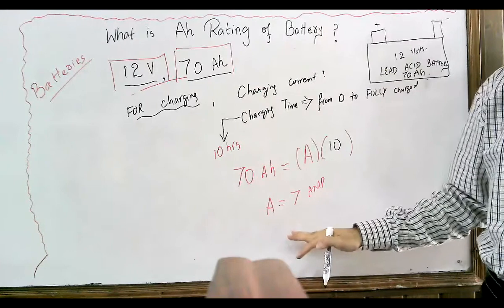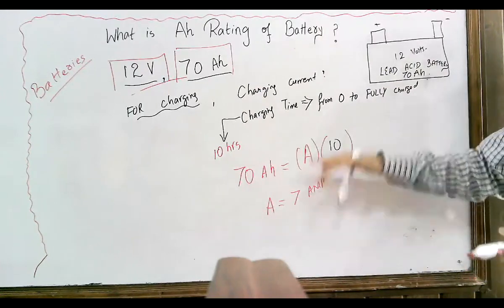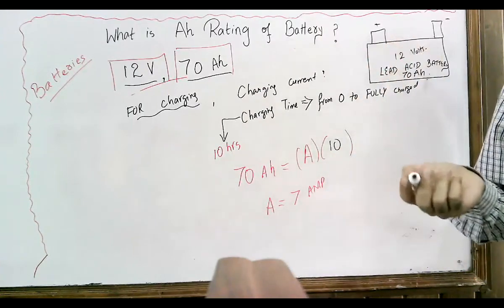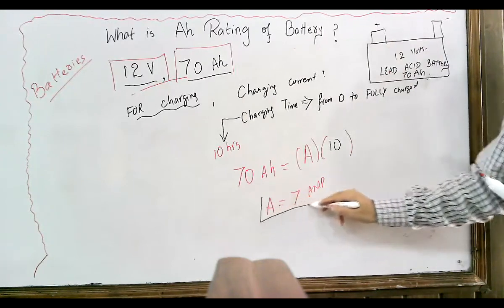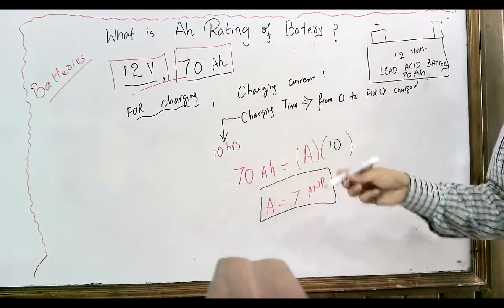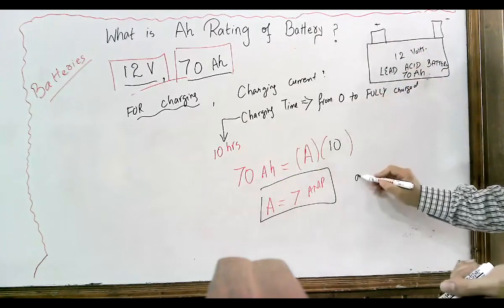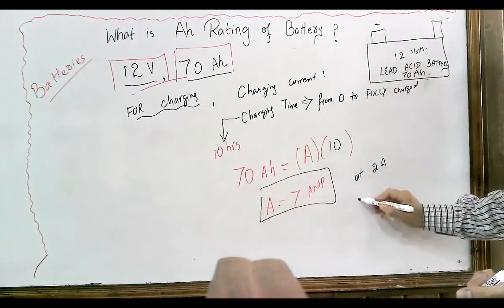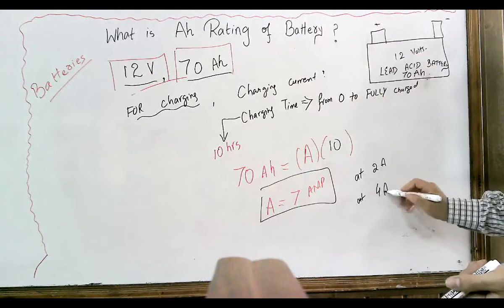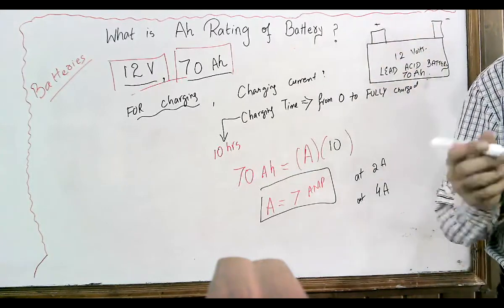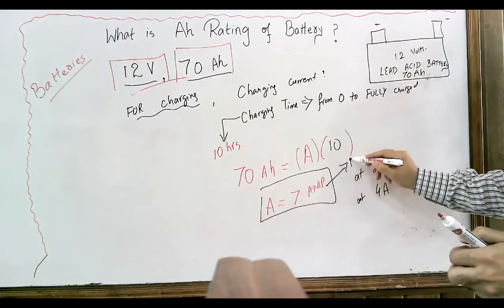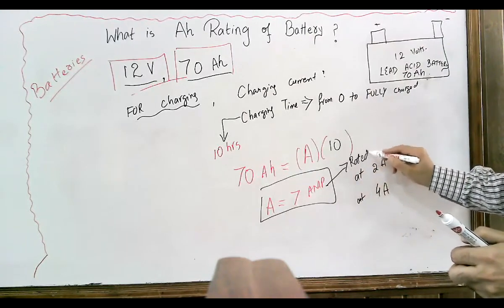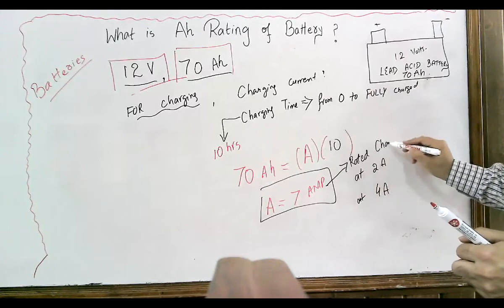Okay, if you have the capability of providing 7 amperes, then you can charge this battery. Now if you are unable to provide 7 amperes, then what will happen? This battery will charge at 2 amperes, at 4 amperes, but it will take more time to charge, but the battery will charge. Now what is the 7 ampere? It is the rated charging current,